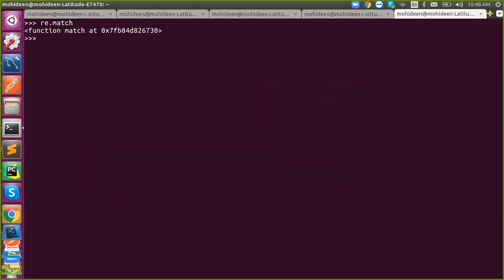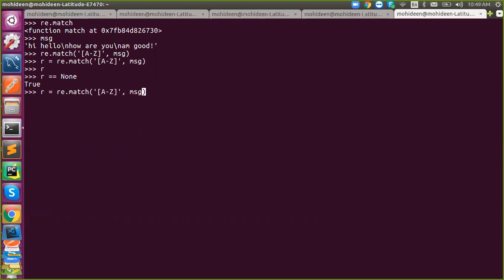Okay, and I have a string called message. I want to check whether my string starts with a capital. I'm just saying, in between A to Z. So it will match your first letter in between A to Z. The first should be your pattern, the second should be your input. If it is a match, it will return an object. If it is not a match, it will return None, right? So this is None actually, because it's not a match.